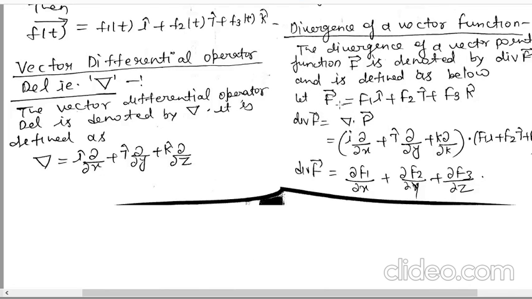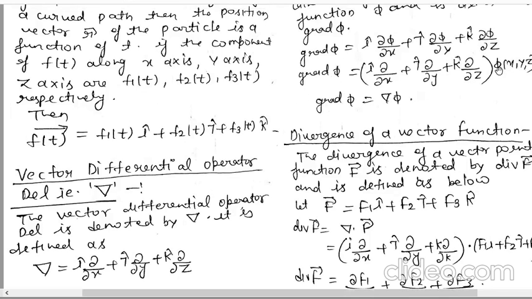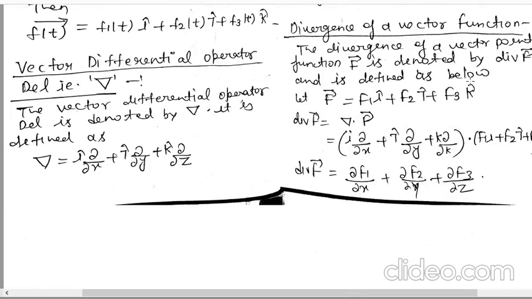Suppose you have a vector function f vector is equal to f1 i, f2 j, f3 k, and then you will calculate divergence of f vector. So it will be del dot f vector. Here there is a dot product, but in gradient there is no dot product, right? So i del upon del x plus j del upon del y plus k del upon del z dot f1 i, f2 j, f3 k, right? Now dot product, so I told you i dot i is 1, so del upon del x into f1 plus j dot j 1, so del upon del y into f2, k dot k 1, so del upon del z f3, right?